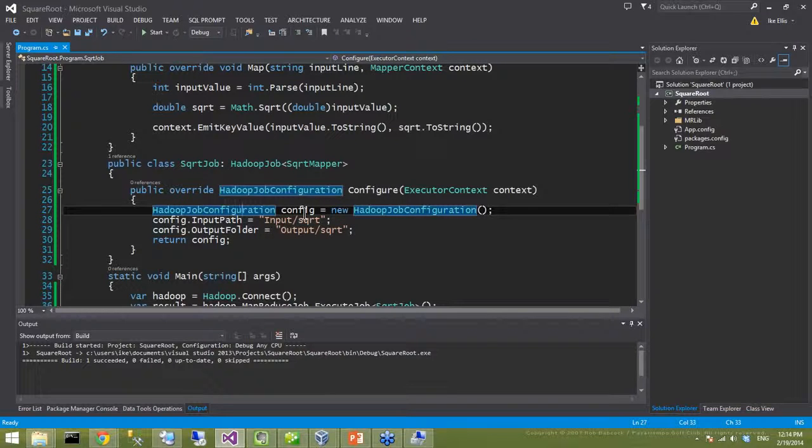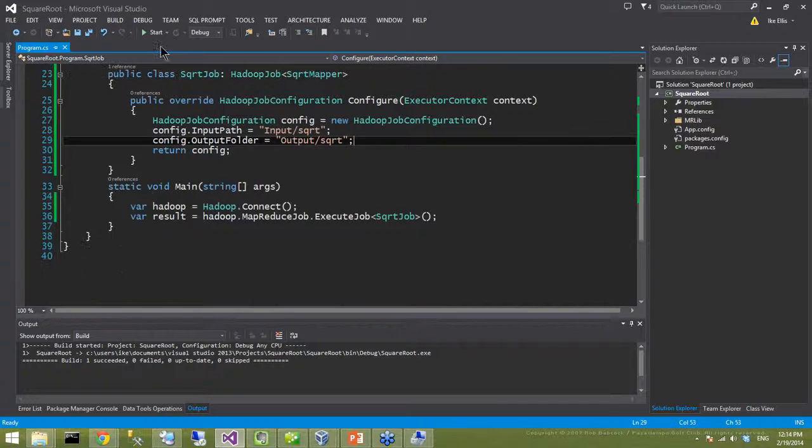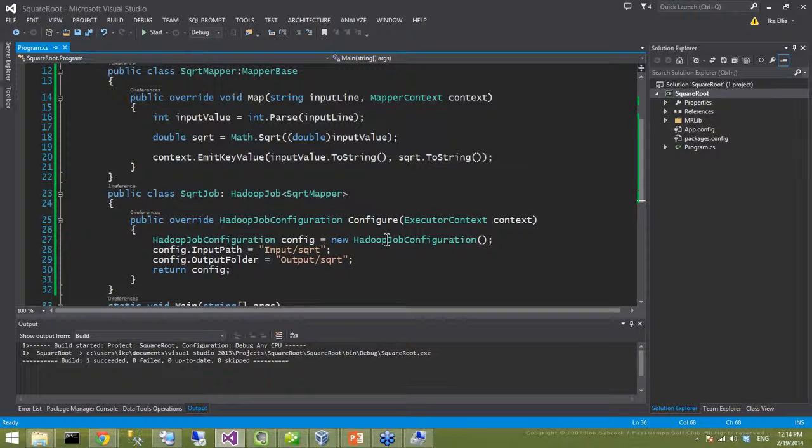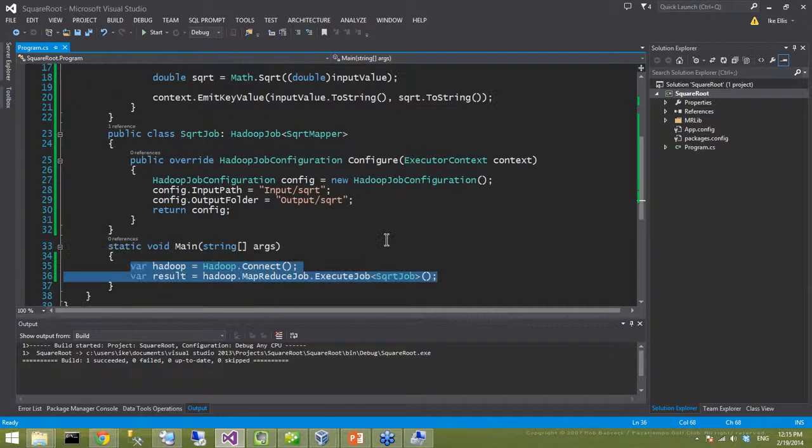He talks about that in the book for Java. But I say, my input path is this folder, and my output path is this folder, and then in my console application, which is just a quick console application, I just call it. I connect to Hadoop and say, execute this job. It knows that it needs the mapper base and the map object, and it just executes.